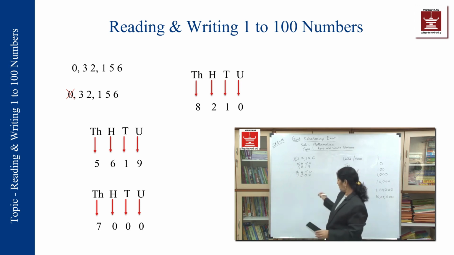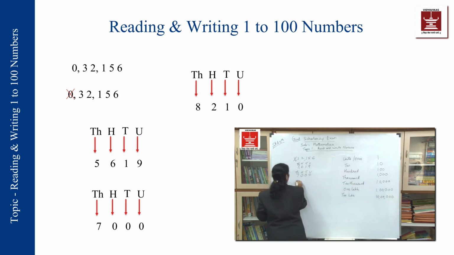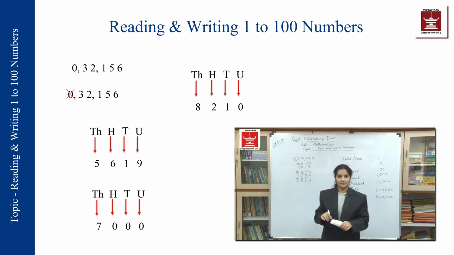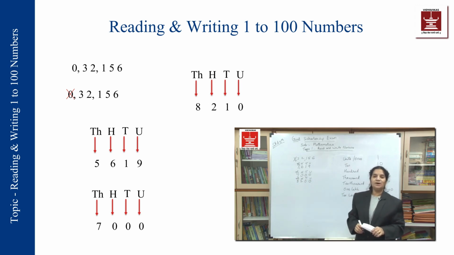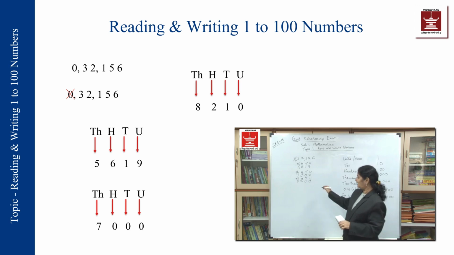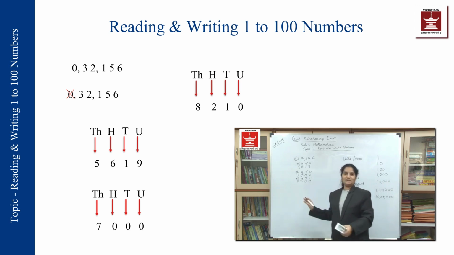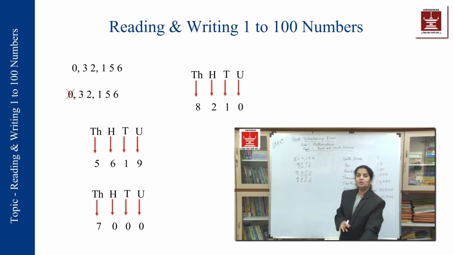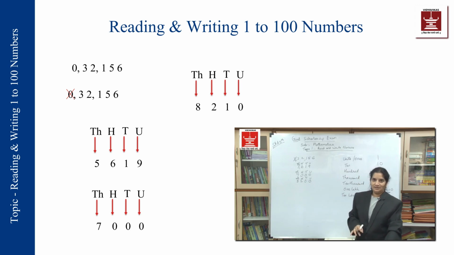Any number in between, suppose this was 8210, then we know units, tens, hundreds and thousands, it would be 8210. A 0 over here will make it 8200. So when I start reading a number, I assign the place values from my right-hand side, and depending on those place values, I should know how many digits the number has. This will help me select the correct answers from the given options.